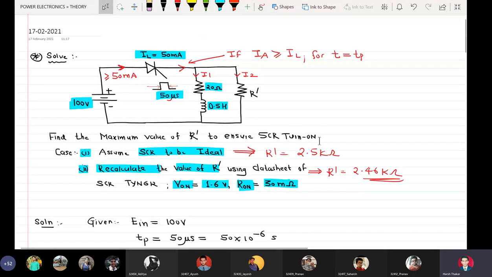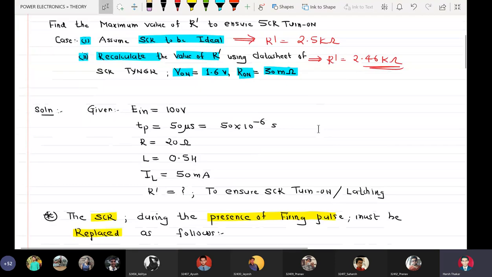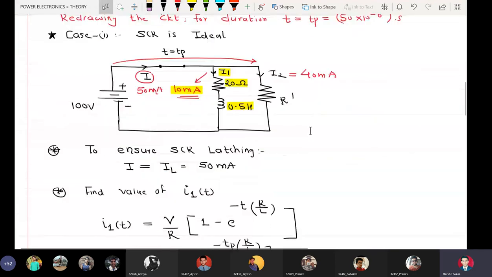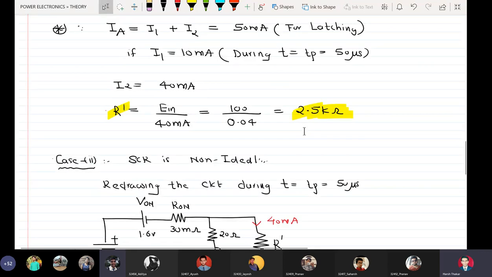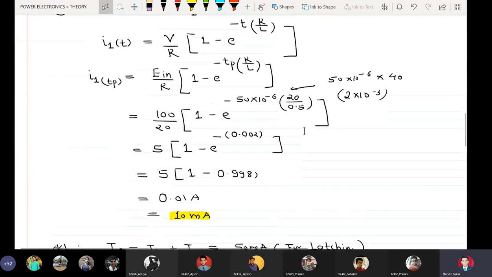So this is how you solve numericals of this type. Now we go to the next topic, which is very important and interesting. Sir, can you explain the second part? Yes, the second part